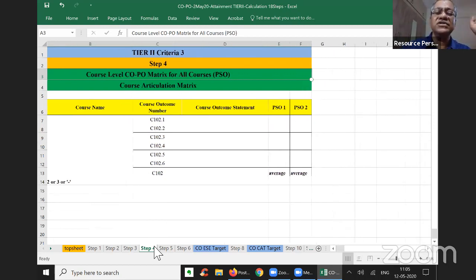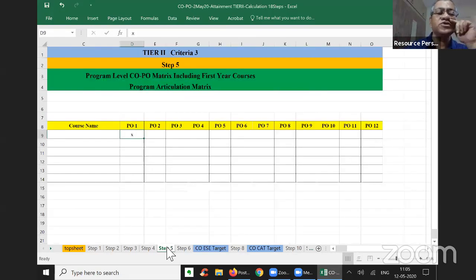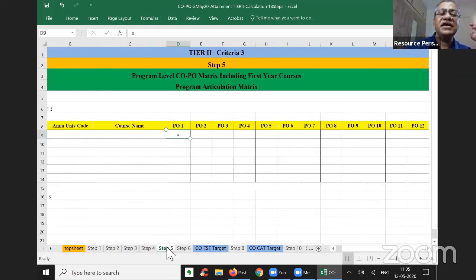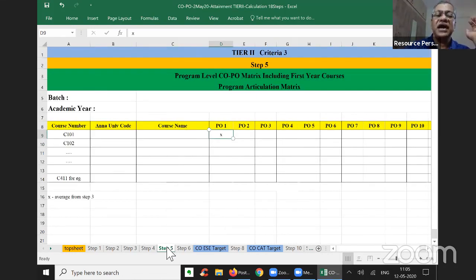I am writing the course outcome statement, just like PO, I am doing for the PSO. So for PO and PSO, both these things, I am just transferring the average attainment, course versus PO matrix, program level correlation here.